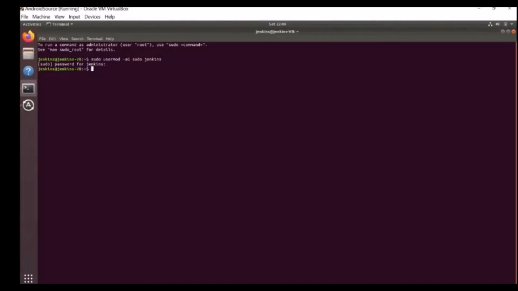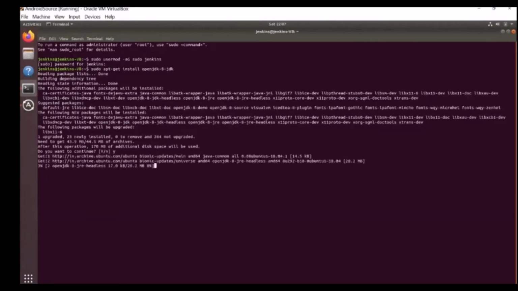The next step is installing the OpenJDK, and the command is sudo apt-get install openjdk-8-jdk. This would install the JDK in the machine.